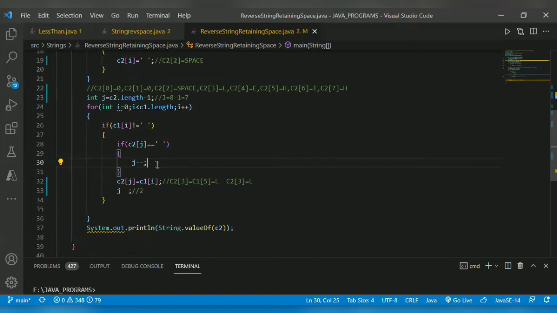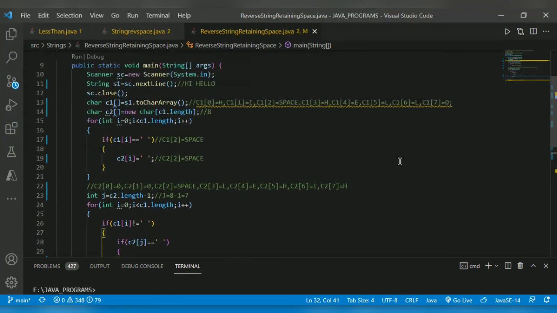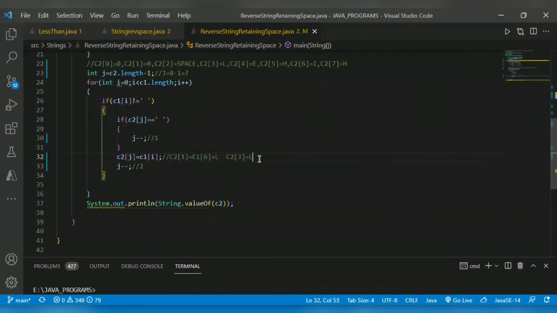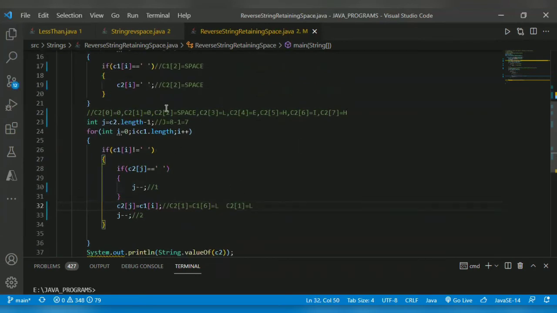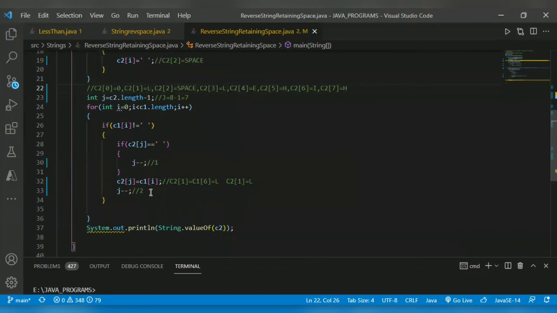Now j becomes 1. Now c2 of 1 equals c1 of 6, which is L. So c2 of 1 is L. Then j decrements.